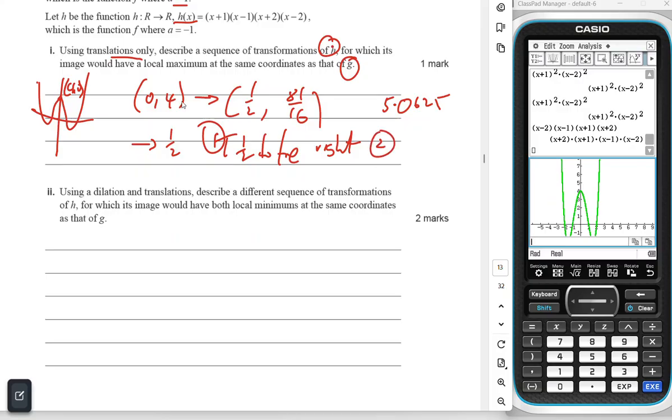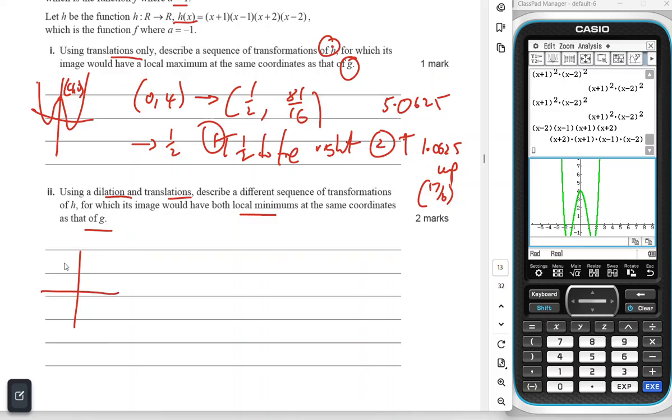And you want to then move from 4 up to 5. So then translate 1.0625 up, which is the same as 17 on 16. Okay. Using dilations and translations, describe a series that will have both local minimums at the same coordinates of G. Okay, so looking at